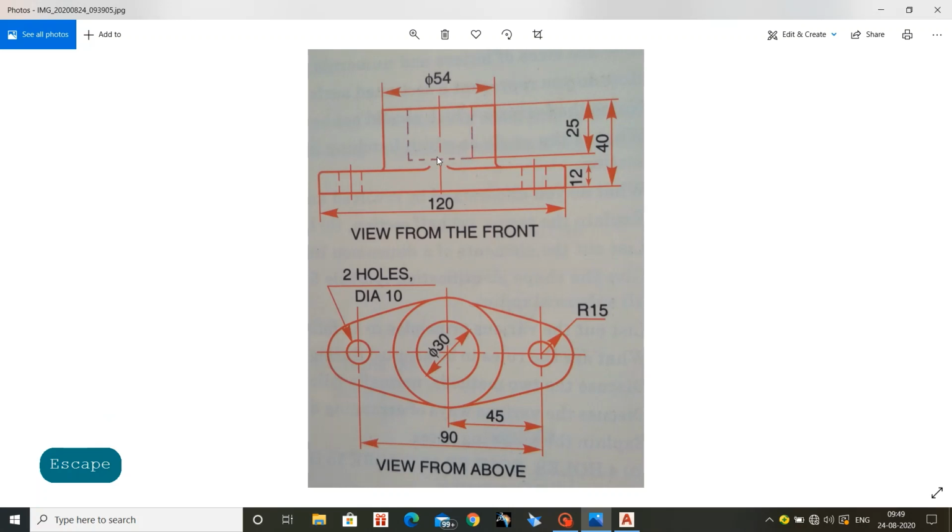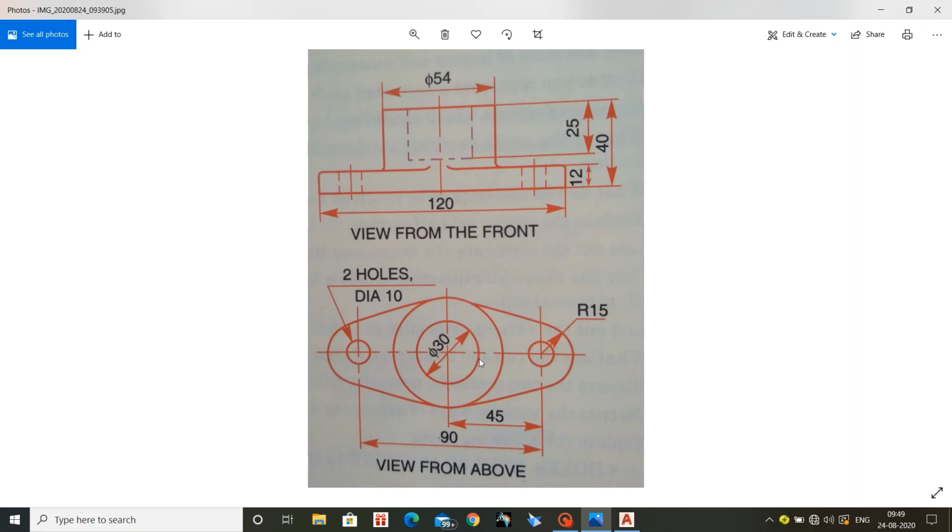See, that is the dashed line. So see in the below diagram, the diameter 30 circle, it is a hole. So from the front view, we are unable to see the hole. Hole is not visible from the front view. So as we are drawing it from the front view, that is the hidden object inside. So hidden objects or hidden circles can be represented by the dashed lines. Similarly, side two circles are also represented in the same way.